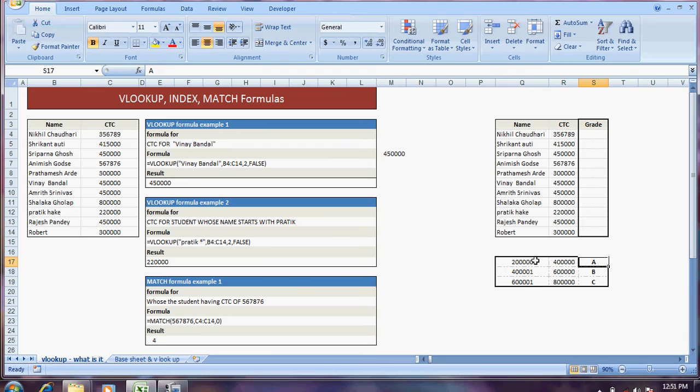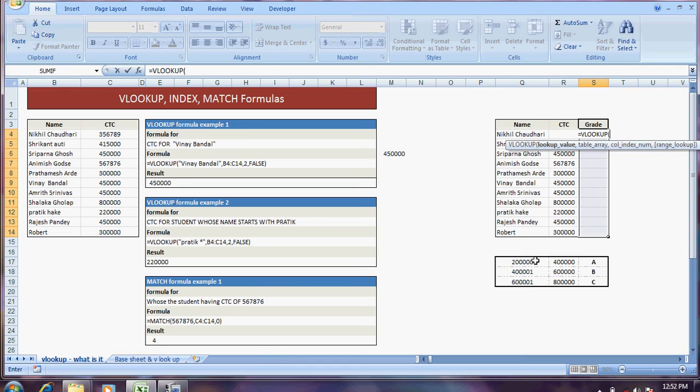Suppose a dealer has done turnover between this range and this range. Instead of this grade, you can also give him some discount, be it 5%, 2%, or 3%. But over here, for simplicity's sake, we are giving some kind of a grade. Okay, now just select the whole thing, press equal to